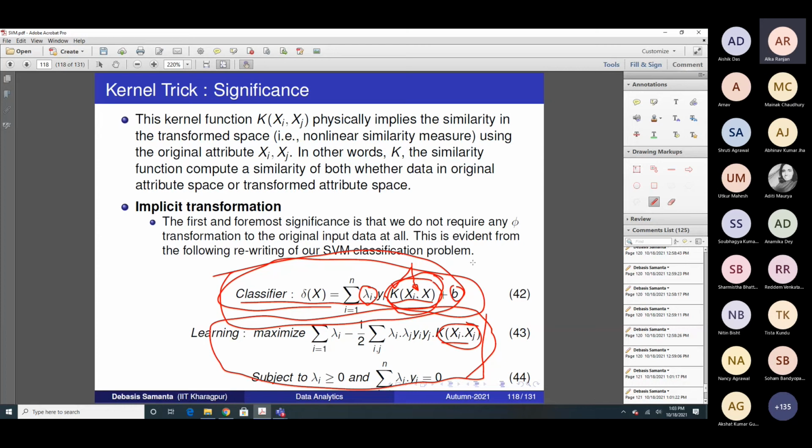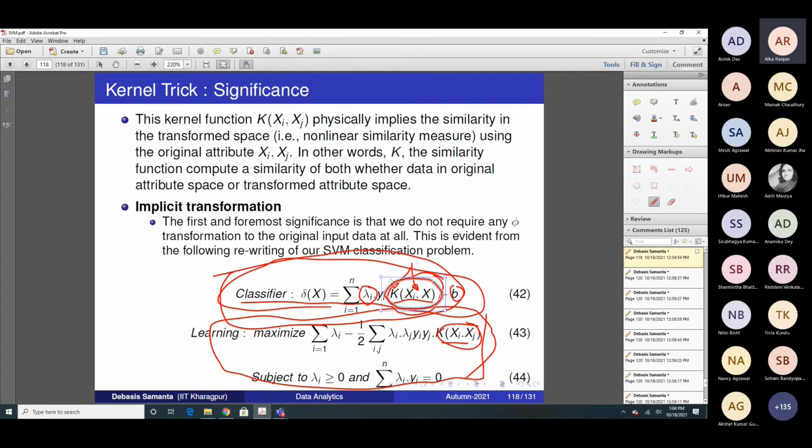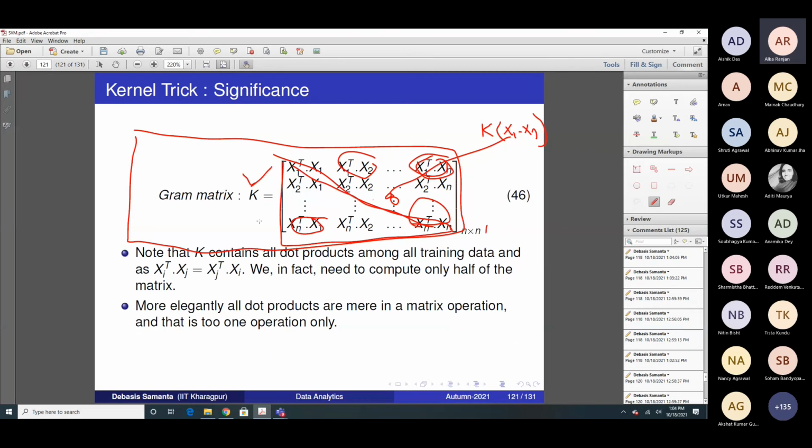As I said, you can recall from the very beginning, I told that these are the lambda i values for which the support vectors are called, and how many support vectors? 5 to 10% of the training data. So if n is 100, maybe 5 to 10 products are involved, and their summation needs to be calculated, and there the K value needs to be considered. So from the Gram matrix, only a few calculations need to be utilized in your classification model for your given data. So it is computationally so simple, so effective and very simple.